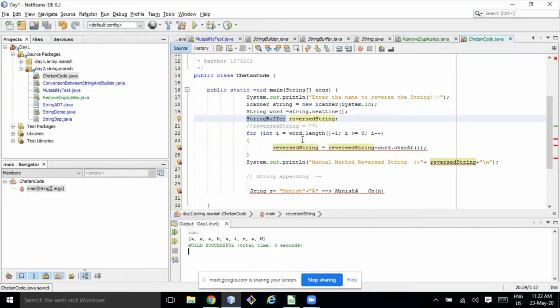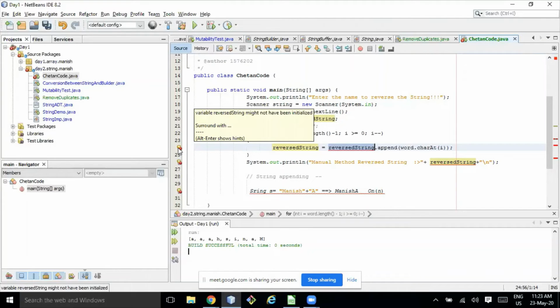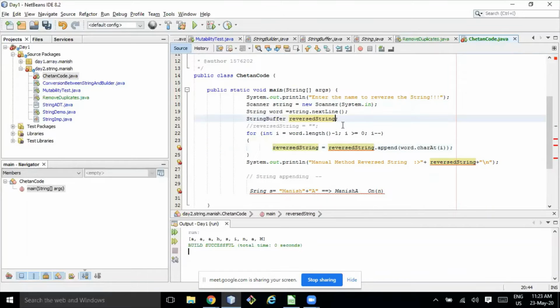Using StringBuffer, it's very simple to implement. But I didn't follow the StringBuffer approach, just to follow the character array.